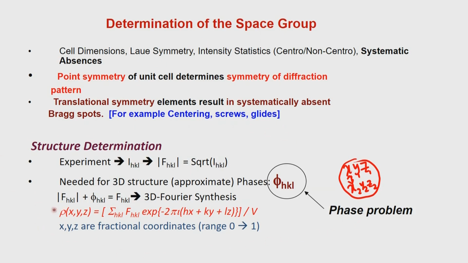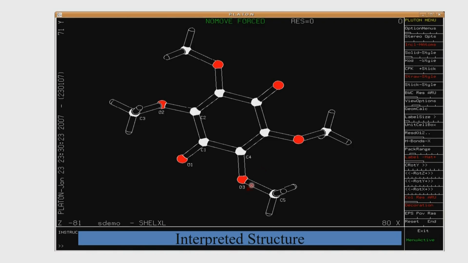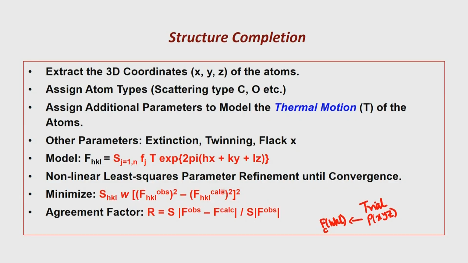We follow this protocol, determine the electron density, get the starting model. The starting model is now put back into this calculation, and therefore we solve the phase. This is the major problem, the phase problem. So, we get only an estimate of the phases. So, we get the starting model. The starting model electron density is analyzed, atom positions are identified, and the F calculated is made with respect to that. Then we take the difference between the F observed and the F calculated, and that delta F analysis will give us the rest of the atoms.